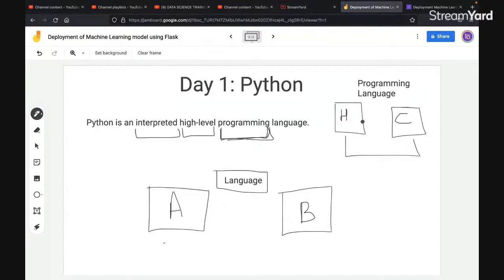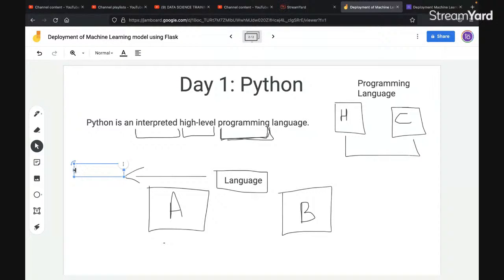Clear? Now, when we talk about language, in a real world scenario we find that we have multiple languages. Do we have only one language in this entire world or universe?